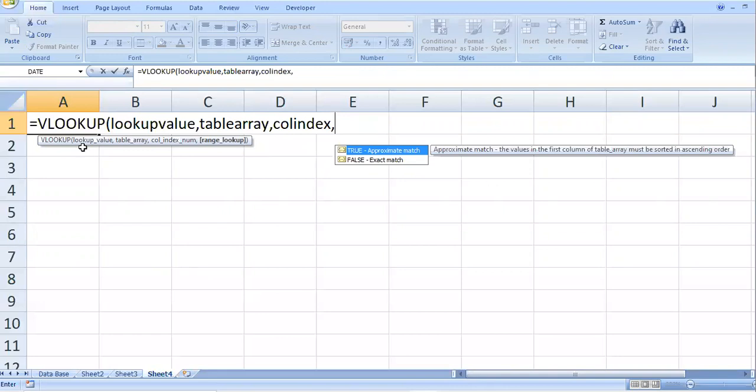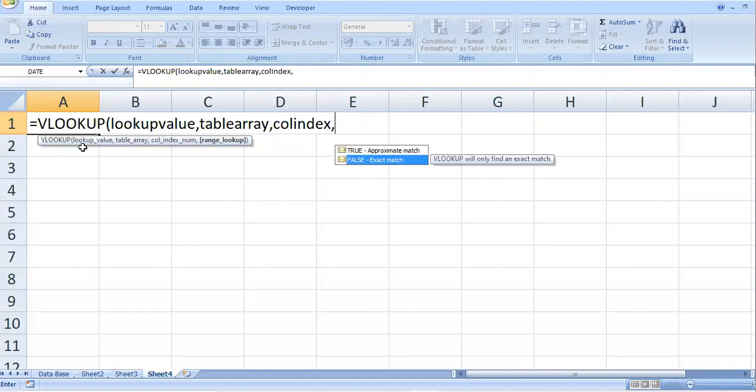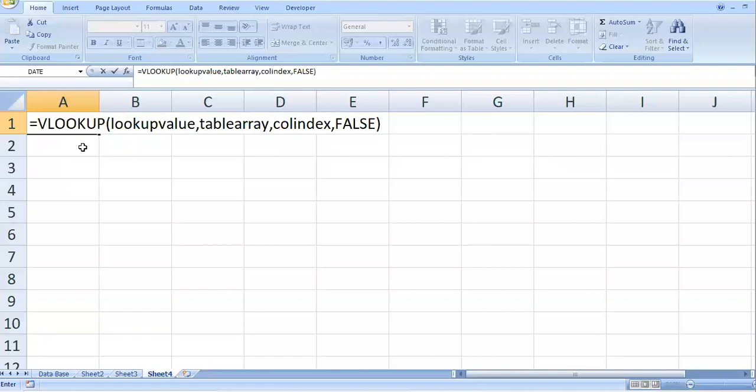Do you want the exact match or do you want an approximate match? You can choose this by using the up or down arrow, and by pressing tab, the appropriate one will be selected and you will get the answers as per the values you have fed in.